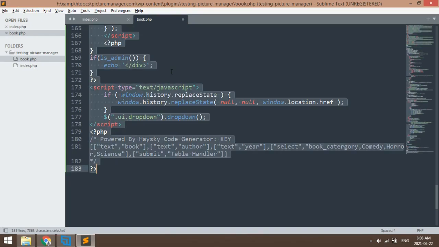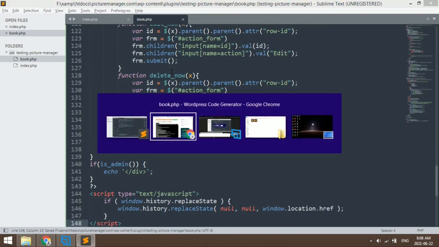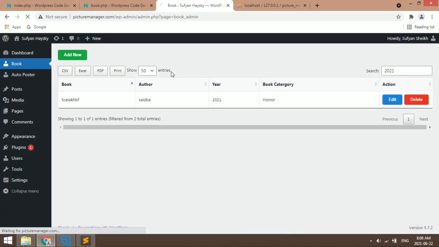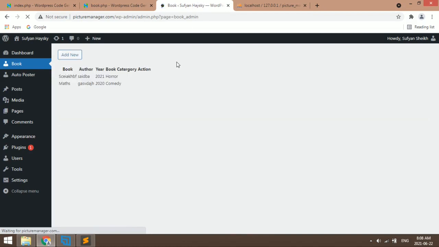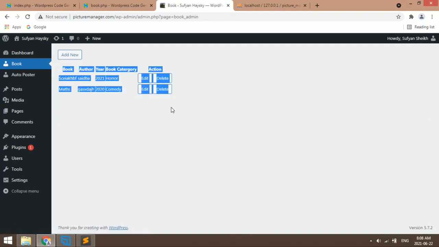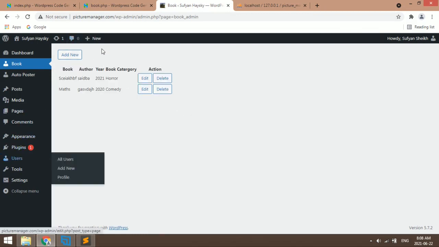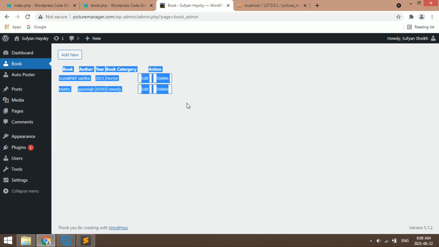Okay, so I'll replace the entire code and then we'll check it. Now there is no extra CSS, no UI, whatever the WordPress basic UI is there, that one only coming.